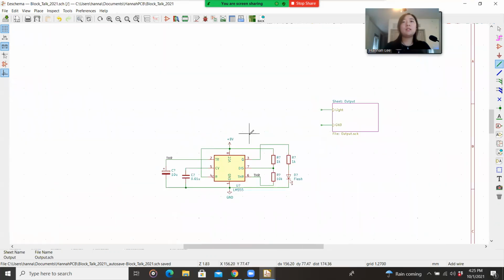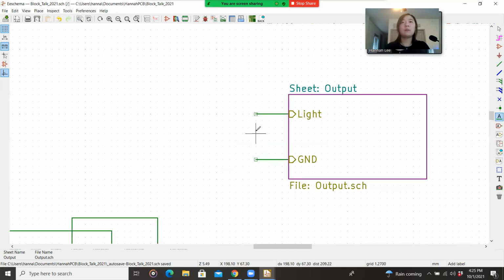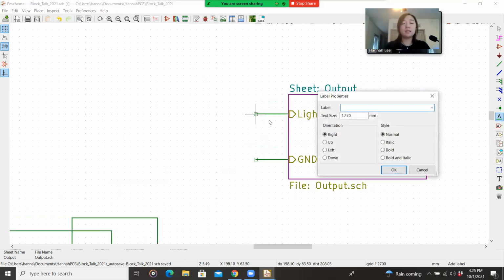So the good thing is that power labels technically are, you could think of them as, global variables. Whatever hierarchical sheet you're in, you put a ground symbol there, it's still connected to this ground. So that's another thing that we could have done instead of just doing what we're doing here. But for the sake of showing it this way, we'll go ahead and use that label tool